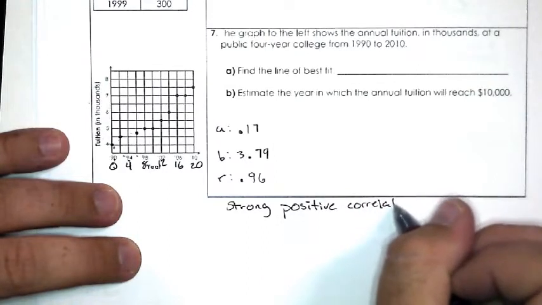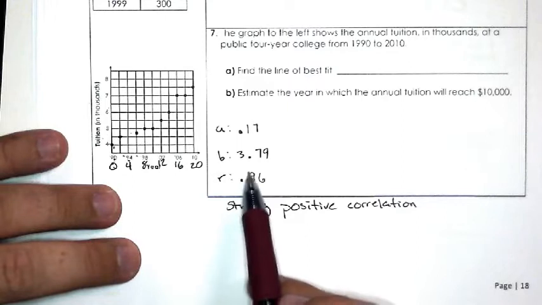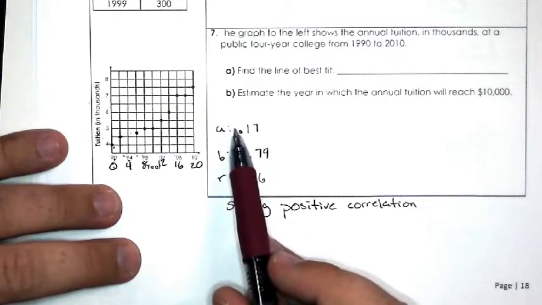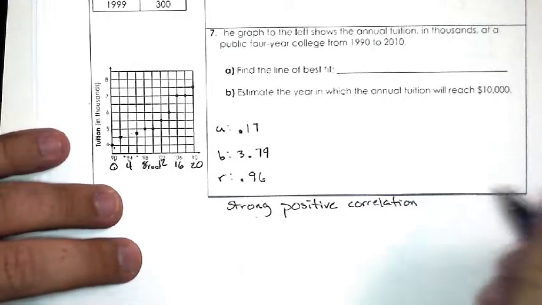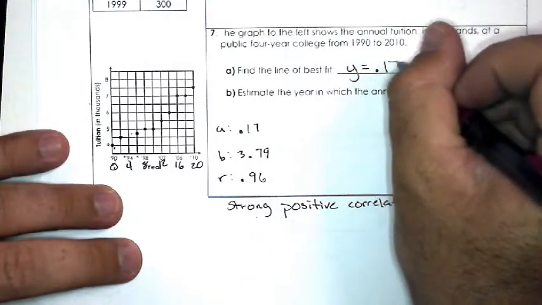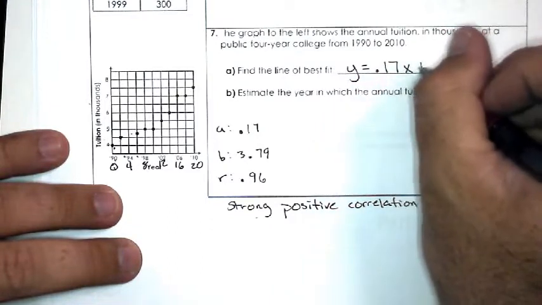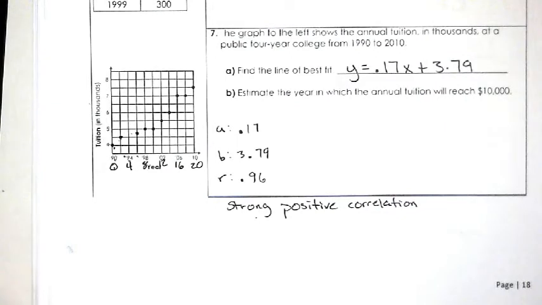The line is y equals 0.17x plus $3.79,000. Now it says estimate the year in which the annual tuition will reach $10,000. Years is your x or your y? Your x. So that means $10,000 is my